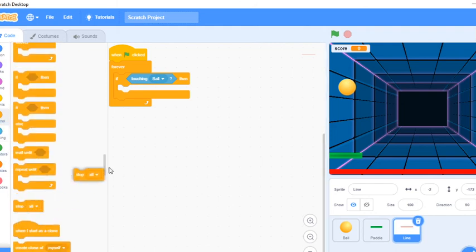So I will select this stop all. Means if that ball touches that red line, our condition will execute, that is the stop. So this is our game.